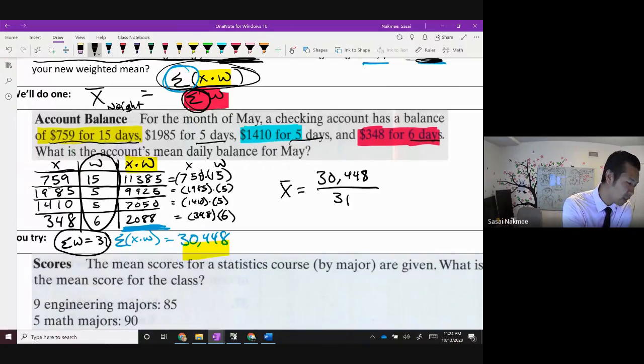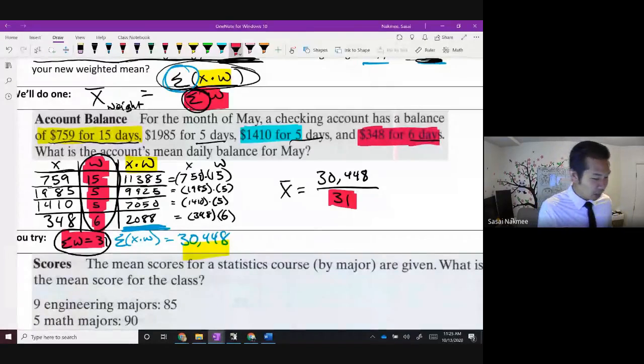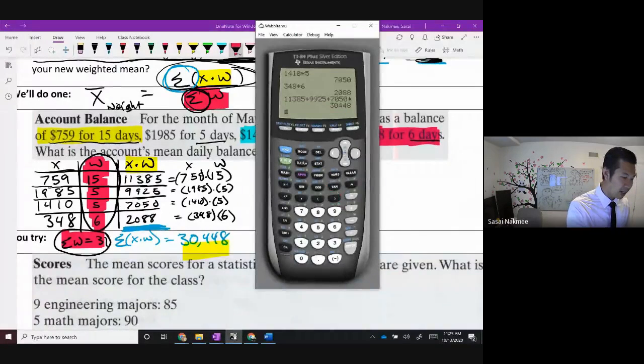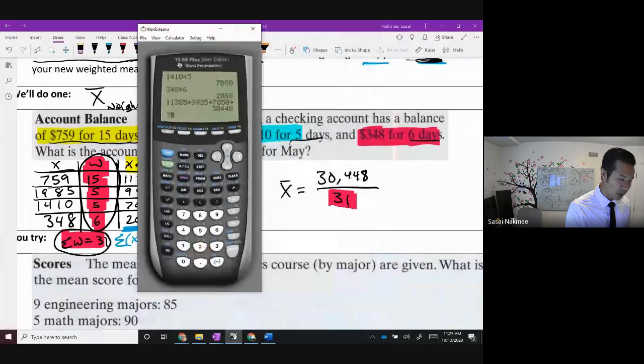That 31 right here is coming from this guy, which is the sum of all of my W's. That's where that 31 comes into play. And I simply just plug that into the calculator, right? That's going to get plugged into the calculator. 30,448. Divide that by 31, and I get